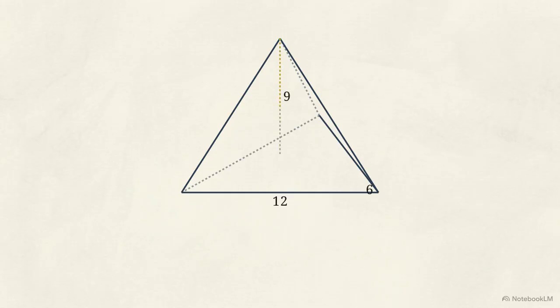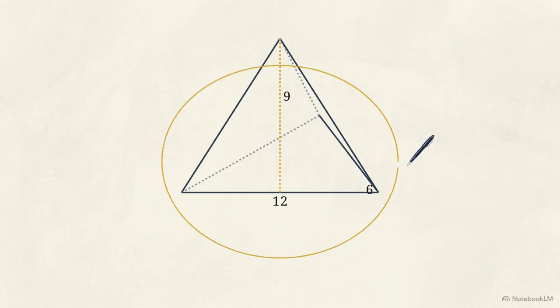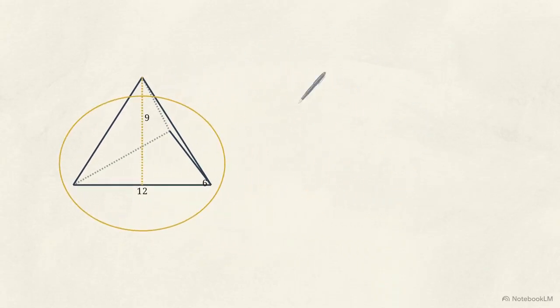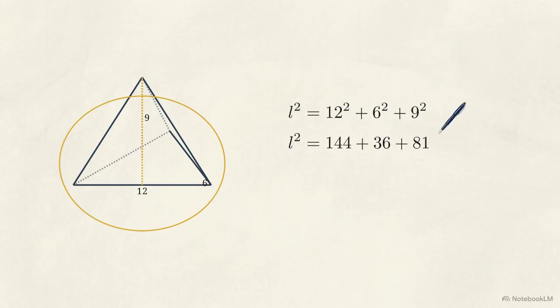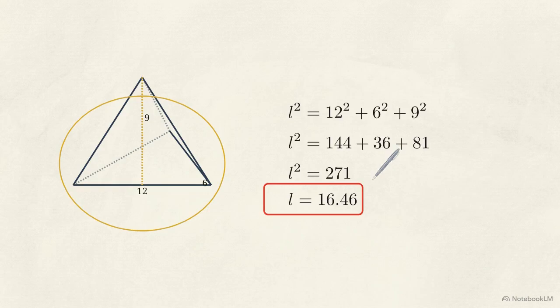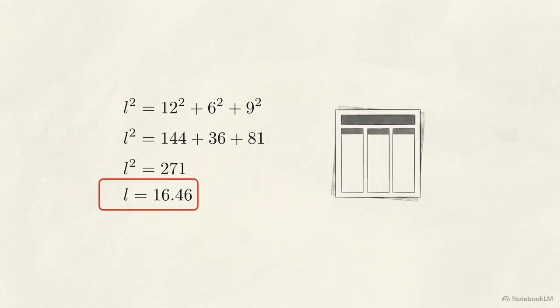To find the total surface area, you must first calculate the exact height of this specific triangular face using the provided edge lengths. Consider a student who correctly applies Pythagoras' theorem, setting up the calculation with 12, 6, and 9 squared. They show every intermediate step, but make a critical arithmetic error in the final addition, leading to the wrong decimal answer. If we look at the official Cambridge mark scheme, we see that the points aren't just for the answer. The grading is driven by these codes, M2, M3, and M4, which are tied to specific stages of the